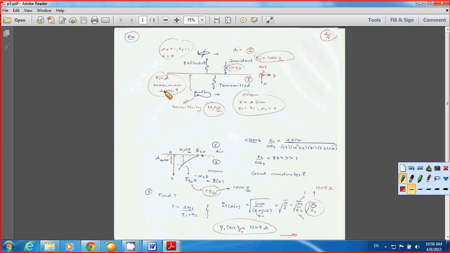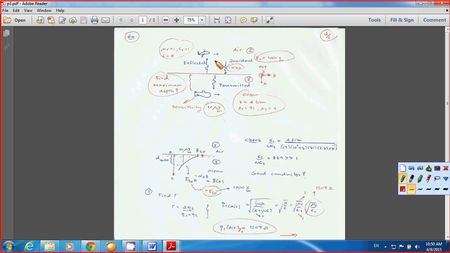And it asks you what is the maximum depth of the submarine